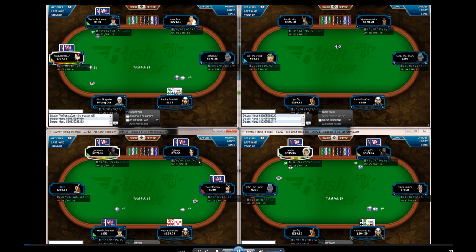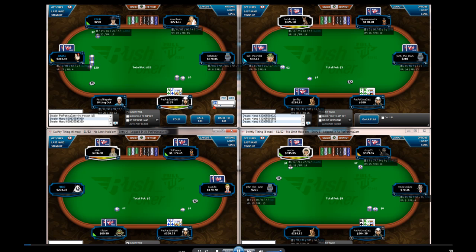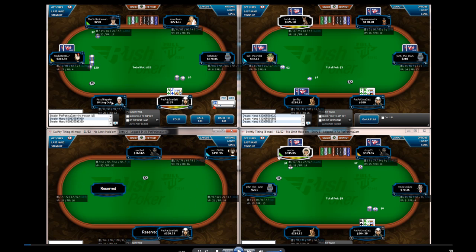9-7 suited, table 3. I haven't got any interesting spots yet, but they'll come. Here, Ace Jack. I'll just pause it quickly. Got Ace Jack. It looks like a good hand, and he 3-bets, but the main play in force here is